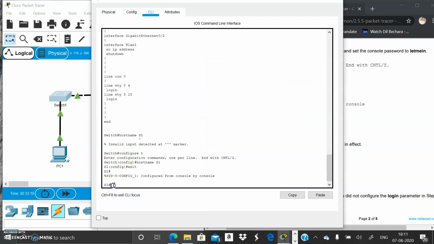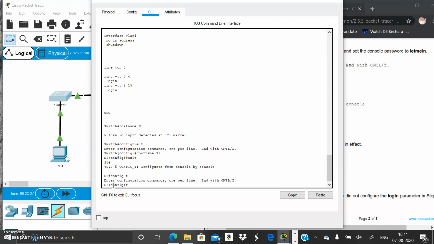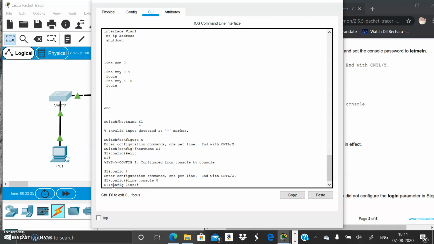Firstly, we have entered into the global configuration mode. For that, I am entering config t, or configure terminal, anything. Then we have to enter into the line configuration mode. Next, the password is letmein.